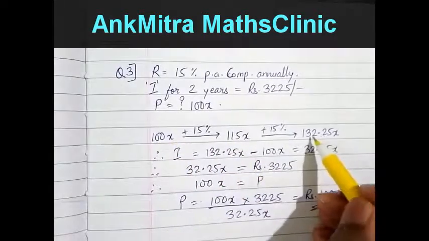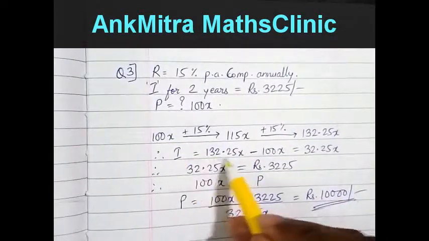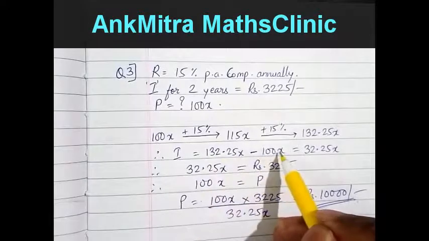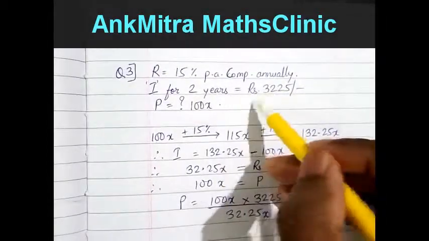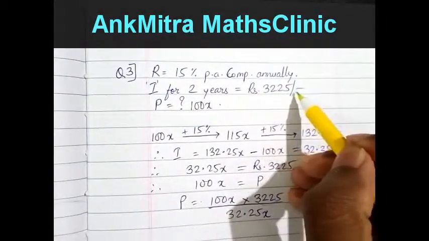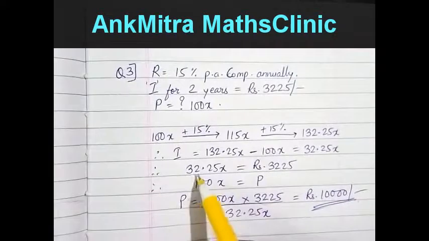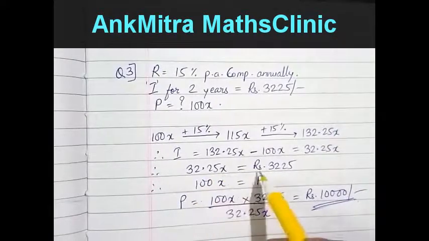So 2 years interest will be something like this. Interest is 132.25x minus 100x. So 32.25x becomes the interest for the 2 years, which is the number they are given as 3,225. Let's equate this. So 32.25x is equal to rupees